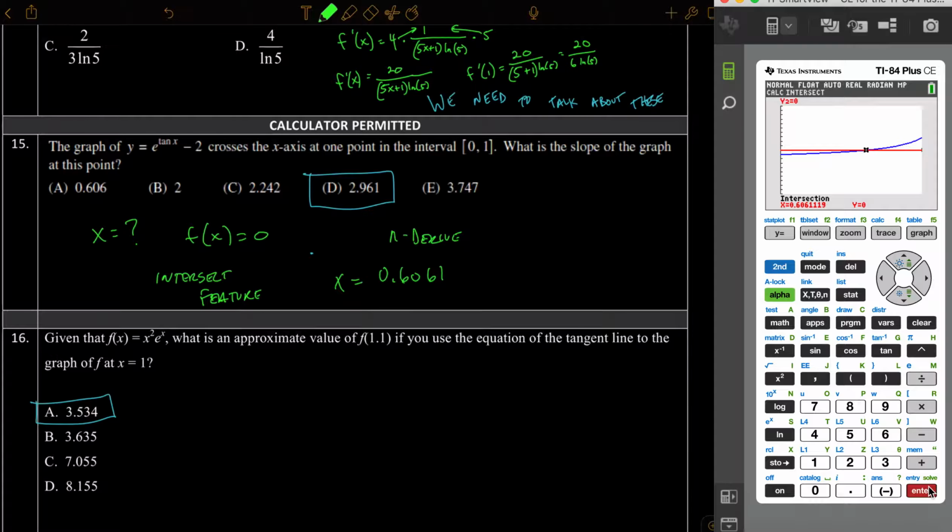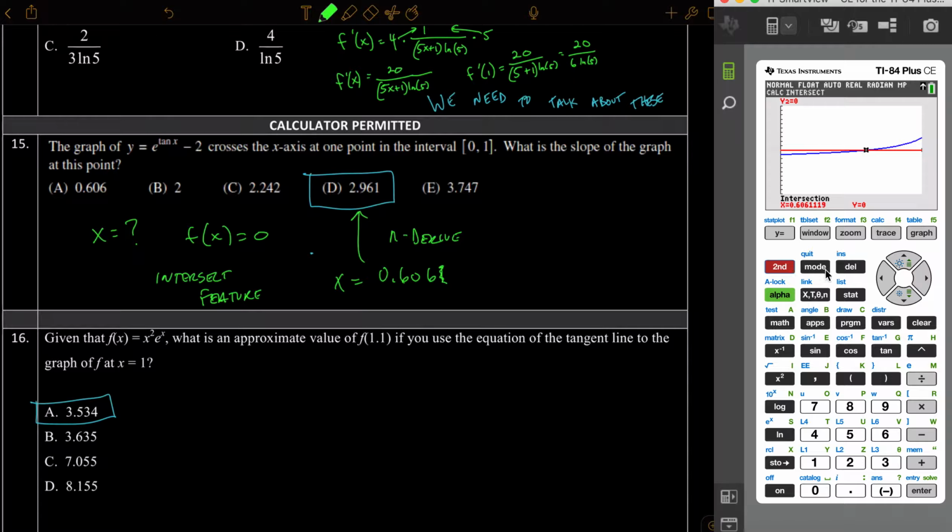0.6061. And we can keep copying out decimals, because you do want to keep accuracy until the end of the problem. If you round now, you might not get the right answer. If you just called it 0.606, I don't know if you would get the right answer. In multiple choice, you might get close enough. But keep in mind that when we calculate something in the graph window, it stores these values automatically as x